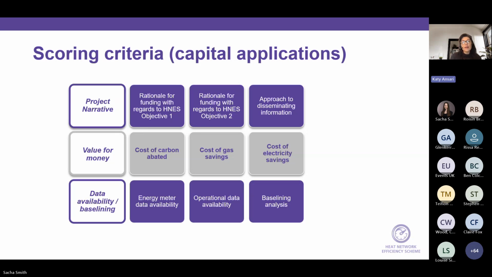As for the value for money, the cost of carbon abated, cost of gas savings, and cost of electricity savings. We would want quantitative information on this and whether it aligns with your savings as well as indirect. It'll be good if you consider indirect savings as well. As to the approach to disseminating information, back on the project narrative, it might have been mentioned earlier, within the portal it is a new question that is a requirement to show evidence of the methods used, so keep